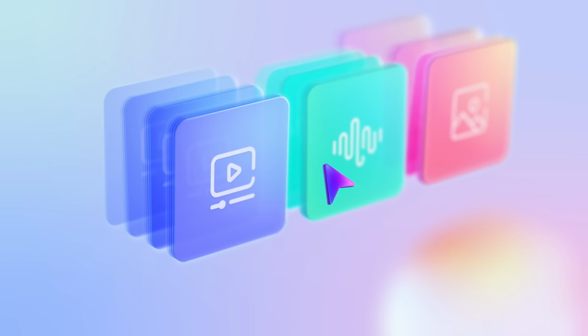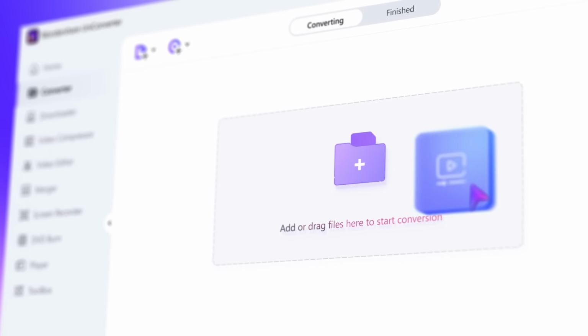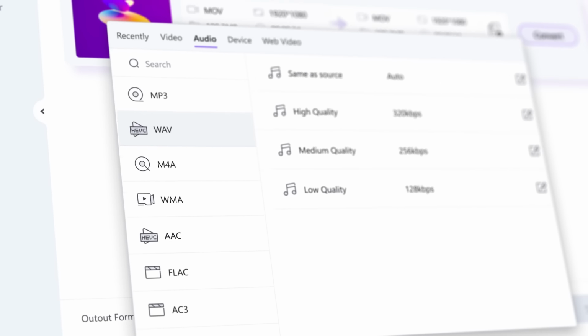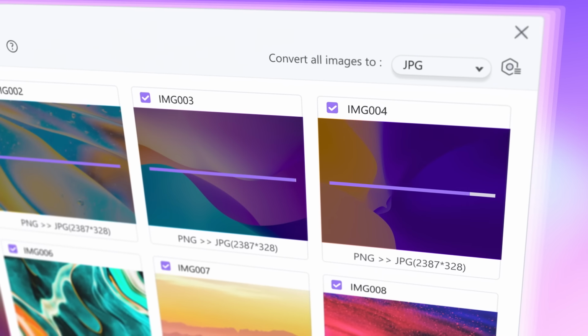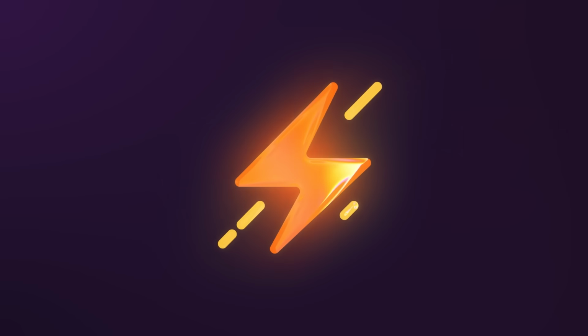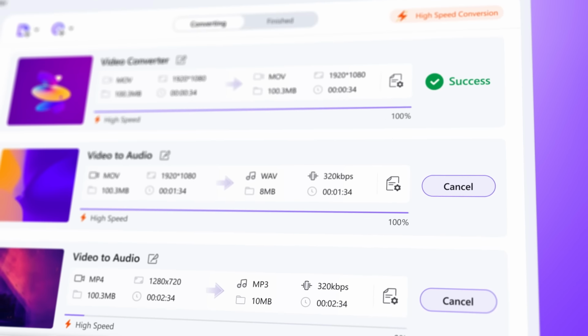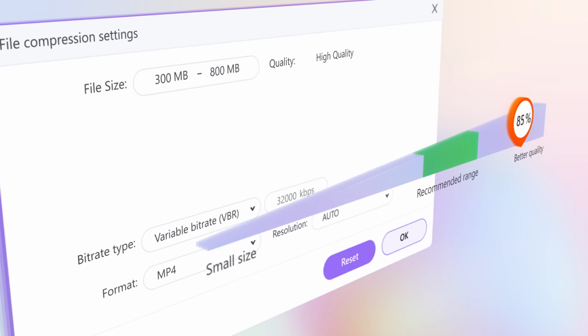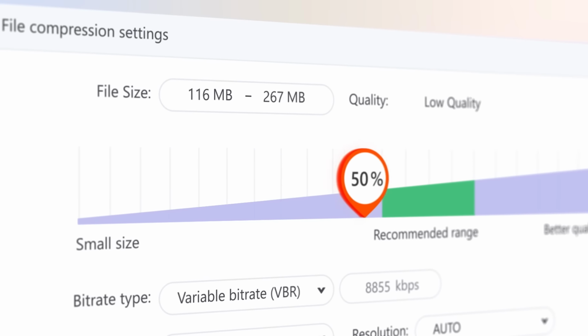Simply drop your files and find over thousands of formats and presets to cover anything you need for videos, audio, social platforms, devices, and images. Converting multiple files with the GPU accelerations at lightning speed. Just one click away. Simple slider control and ability to preview file size help you find the perfect settings to